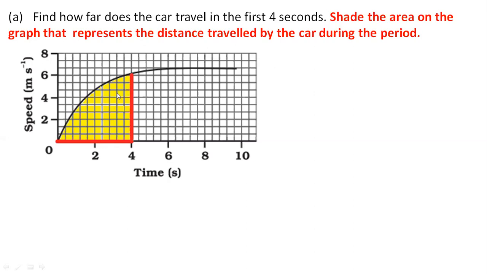1 by 2 base and 2 height. Okay, some students make a mistake here. They directly calculate the answer by multiplying 1 by 2 base, that is 4, and height, that is 6. Do not make that mistake, because this is not a triangle. You cannot apply the circle formula also, because even if you consider this as a circle, this is not a circle, because the radius should be the same.